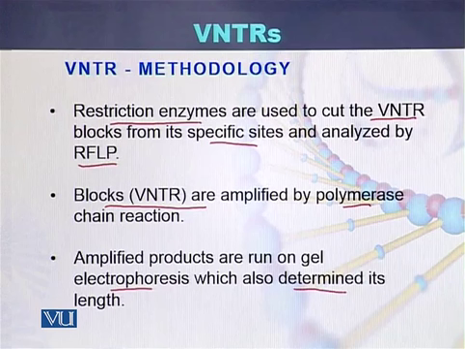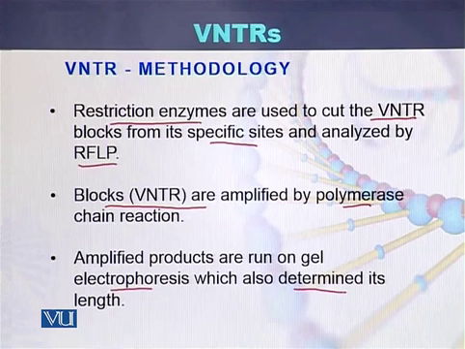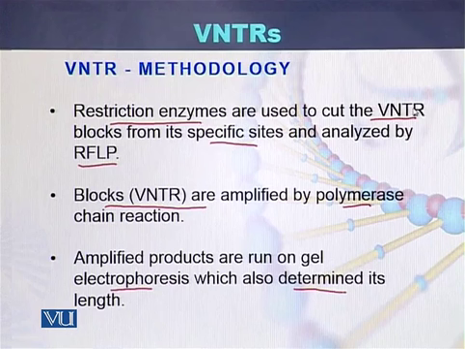So if we summarize the methodology, restriction enzymes are used to cut the VNTR blocks or regions. These blocks are amplified with the help of polymerase chain reaction. They are run on the gel to determine the length of these blocks or VNTRs and the variation between different